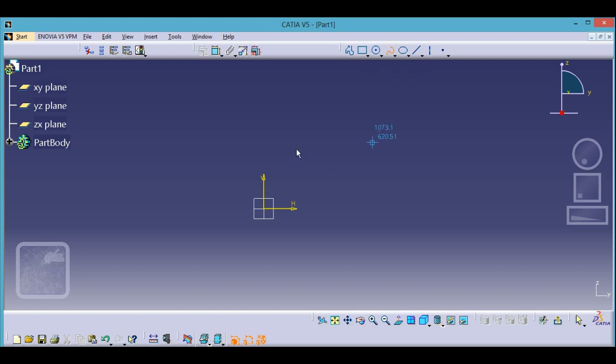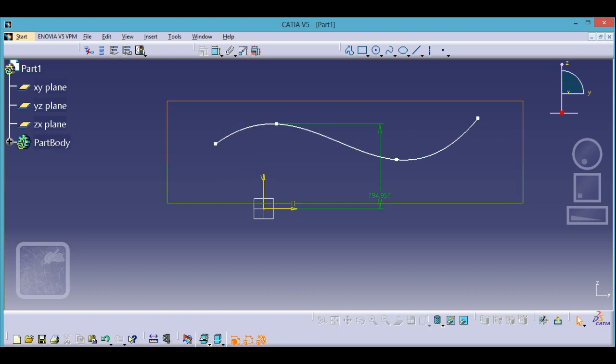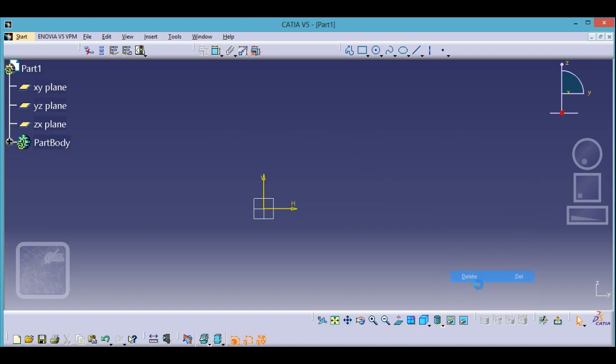Okay, what about this spline? So for a spline, it will just take the very upper side and will ask you for this dimension. You have to just provide a dimension to all of these points and then just lock it. I have told you in the previous video, you can have those. Like this.